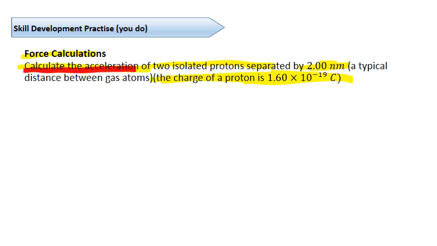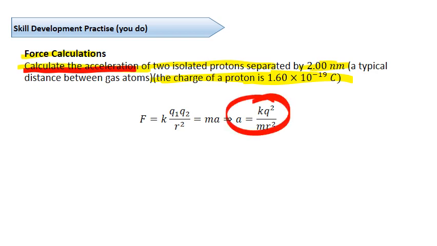Now you might say to me, hang on, what does acceleration have anything to do with electrostatics? Well, we know that force is equal to K times Q1 times Q2, whole thing divided by R squared. But we also know from year 10 science that force is equal to our mass times our acceleration. Now, if we combine those two formulas,